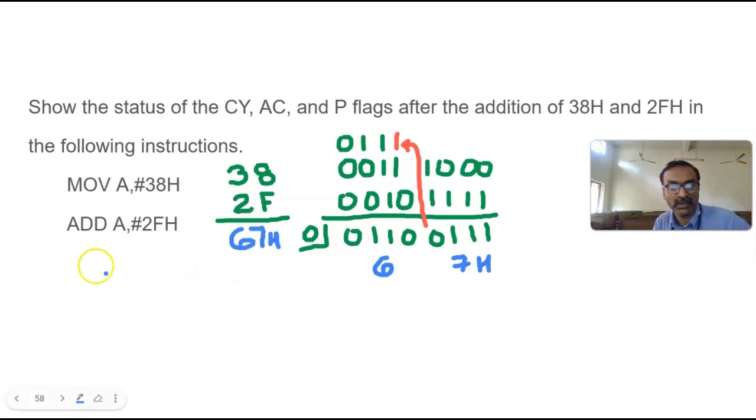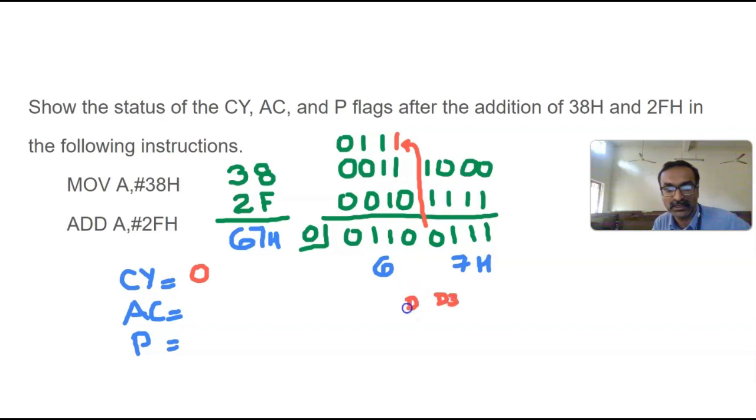Now you are asked to find the values of the carry flag, auxiliary carry flag and parity flag. Carry flag is set when there is a carry from D7 to D8. So there is no carry here, so it is 0. Auxiliary carry flag is set when there is a carry from D3 to D4. So this is D3, this is D4. There is a carry from D3 to D4, so the auxiliary carry flag is 1. And the parity flag is when the